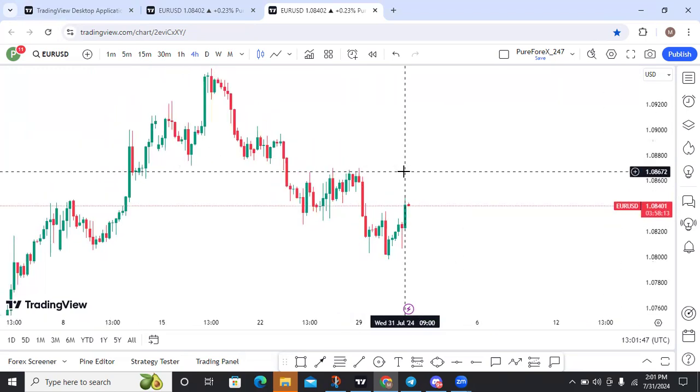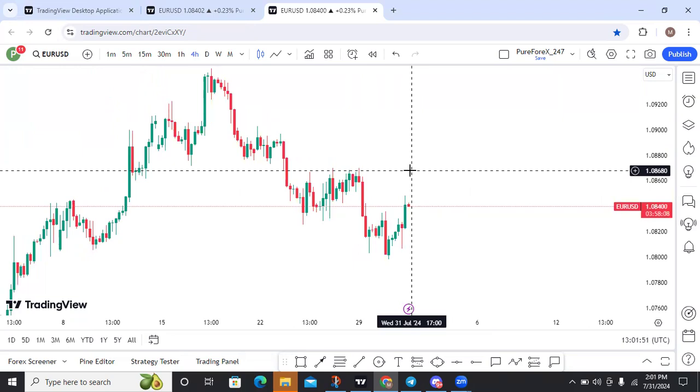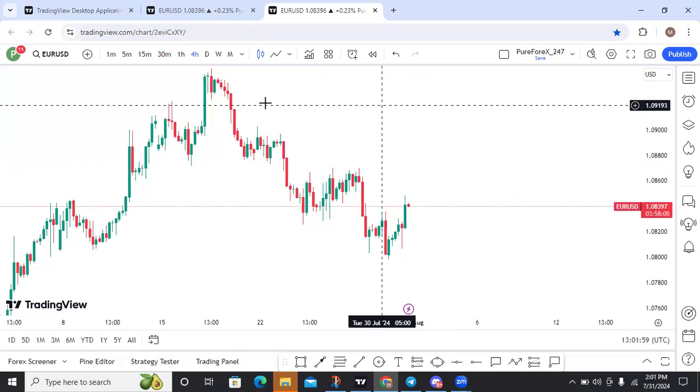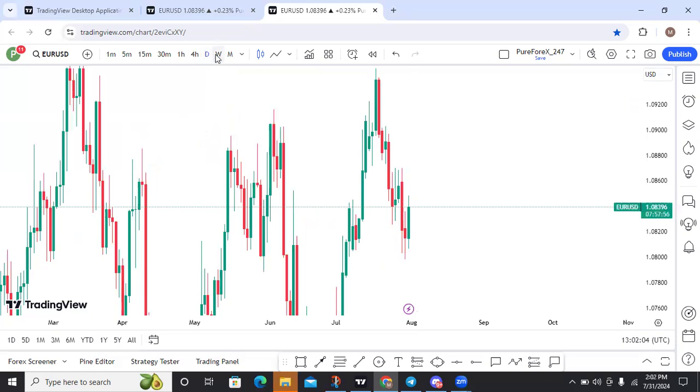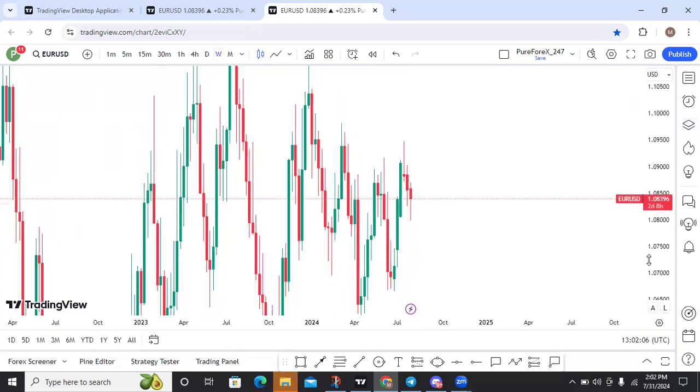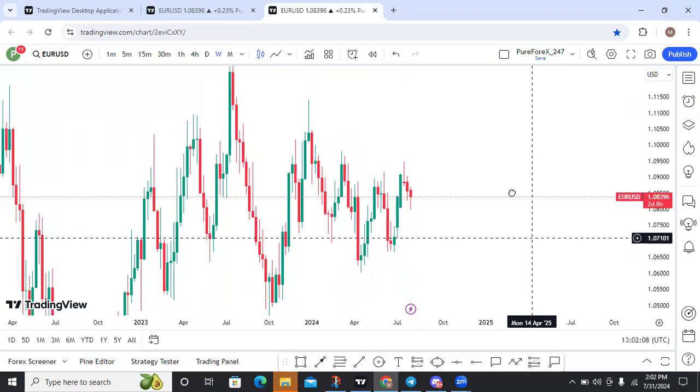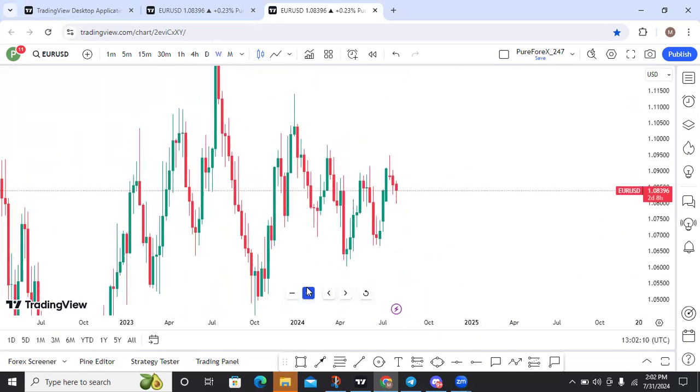In this one, we are not going to spend so much time because I've been doing analysis on this in my free Zoom session. So let's just start from either the weekly or daily time frame, and then we analyze the pair. So guys, this is the daily time frame, or let's start from the weekly. If you come to the weekly time frame, you may see that it's kind of ranging, but then we can